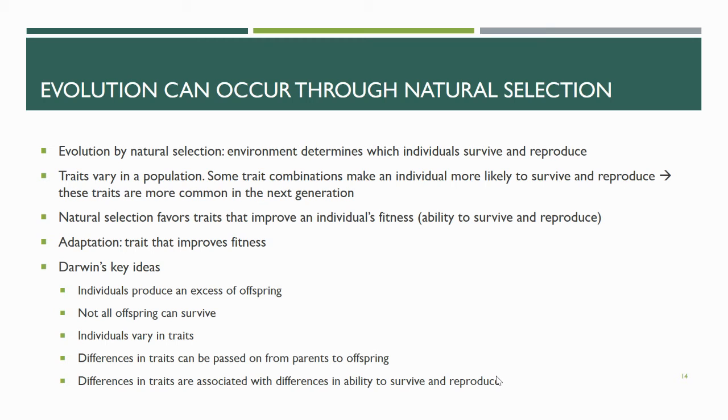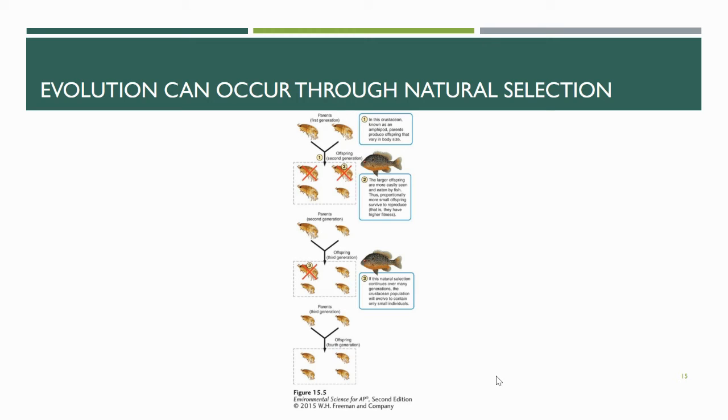And a lot of our ideas about this come from Charles Darwin in the 1800s. He took a boat trip around the world. He saw lots of things, and he came up with several key ideas. Number one is that individuals produce an excess of offspring. Two, not all offspring can survive. Three, individuals vary in traits. Four, differences in traits can be passed down from parents to offspring. And five, differences in traits are associated with differences in ability to survive and reproduce, which we can see here